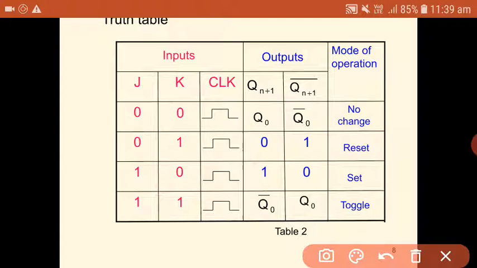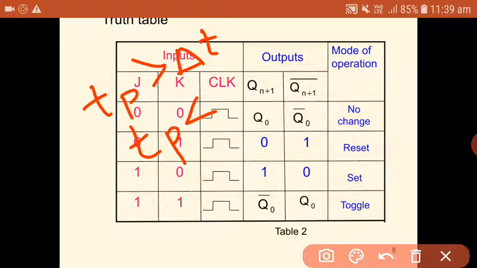So this is the condition for getting the race around problem. So in order to avoid that, Tp should be less than delta T. So this can be achieved when you are able to increase the delta T value. Delta T is nothing but propagation delay of the flip-flop.